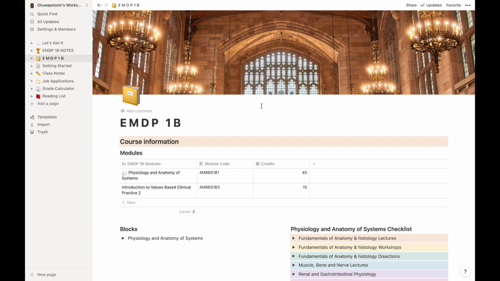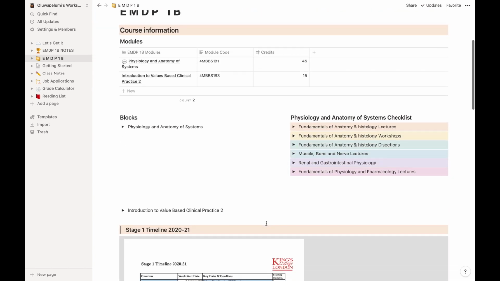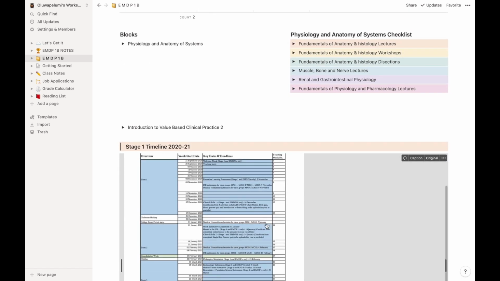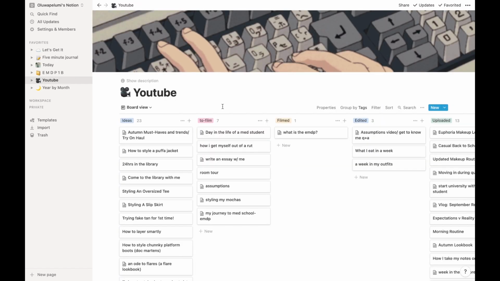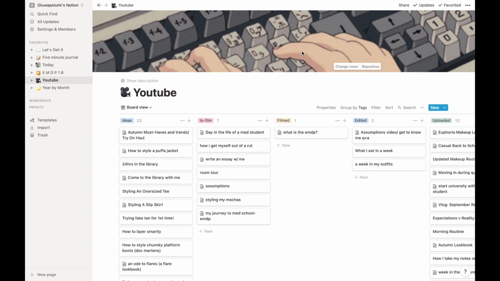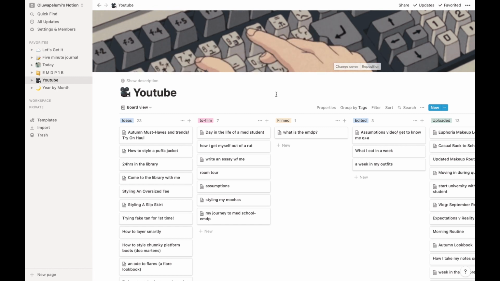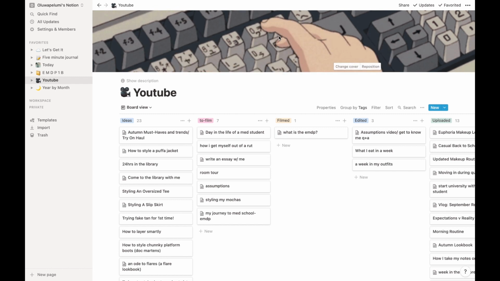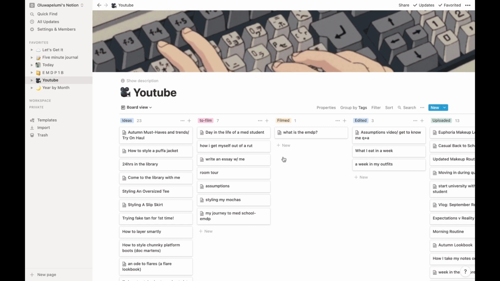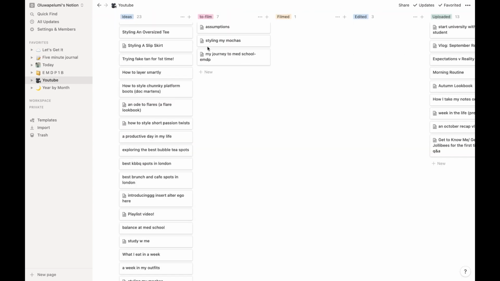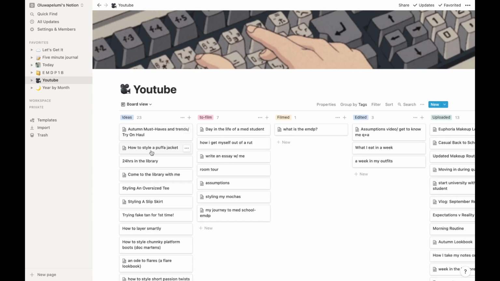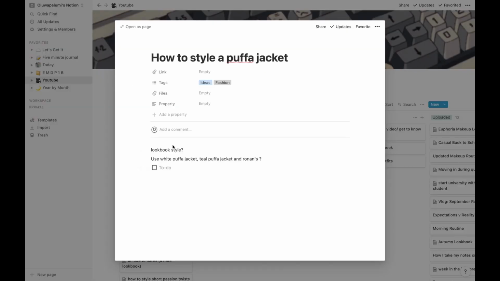So this template actually came from one of my friends on the EMDP course. So I actually first started using this template to just guide me into taking my notes on Notion. And then the next part is my YouTube page. As you can see, I'm in love with animated graphics to just aid in my aesthetic. Obviously it's the keyboard clacking because duh, that's what editing is. I arrange them into columns like so, and I can go into them and I have them as pages, so I can make extra notes in them.